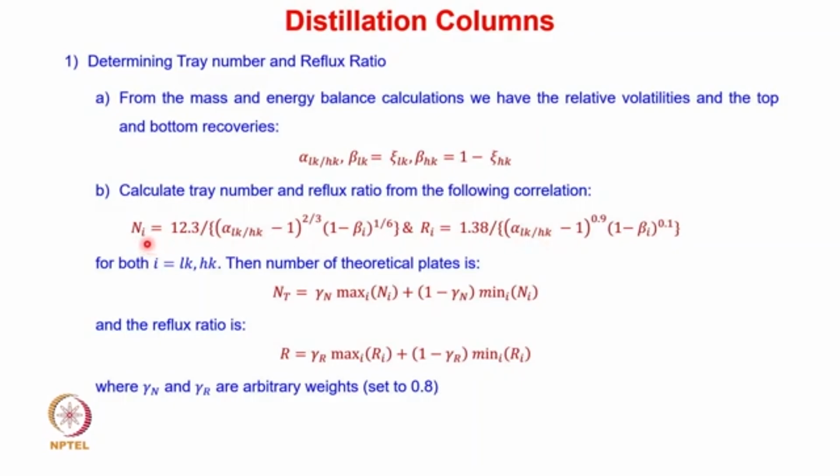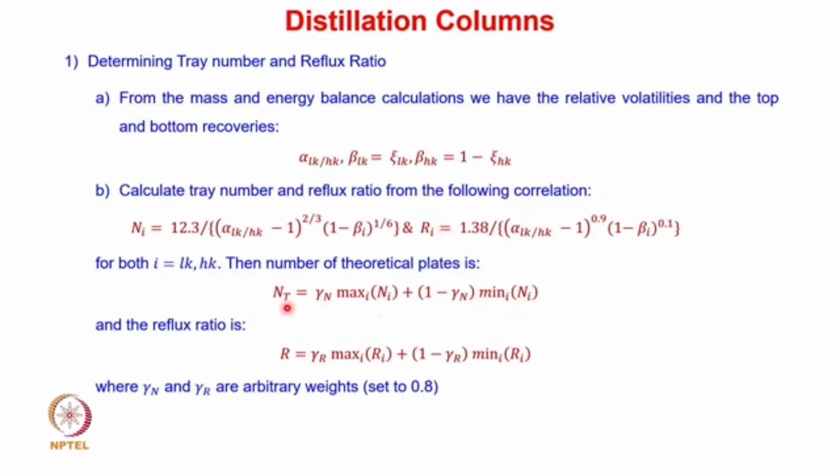The first correlation is with respect to Ni. So we are calculating the number of trays here, and here I we can put as low key component or high key component, and based on that we can calculate the maximum and minimum values of the trays required. And similarly we can calculate the maximum and minimum value of the reflux ratio by replacing this I by Lk or Hk, and we can use this minimum and maximum value of N and R again in the correlation